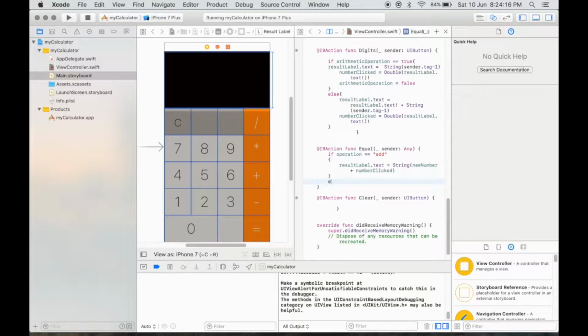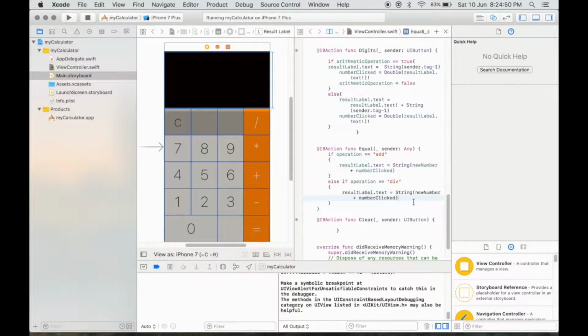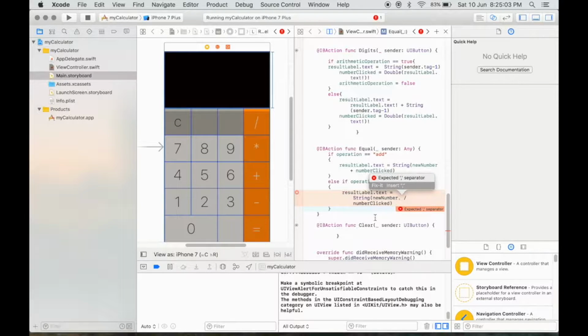Else, if operation is equal to div, we'll display the division of the numbers. Here I am not checking for divide by zero error.